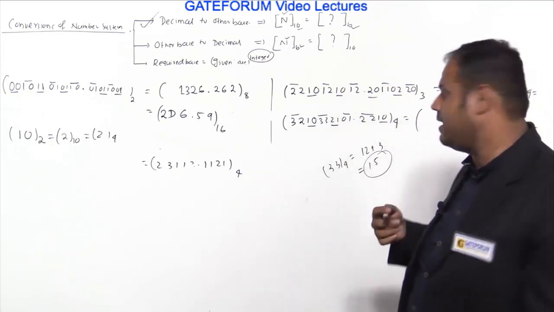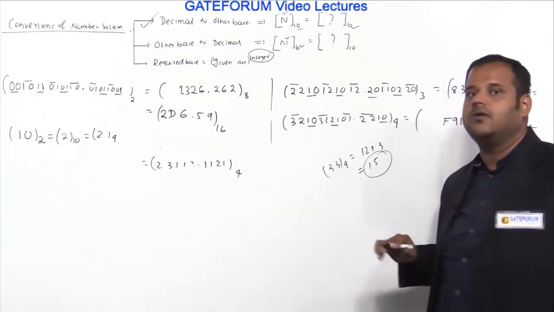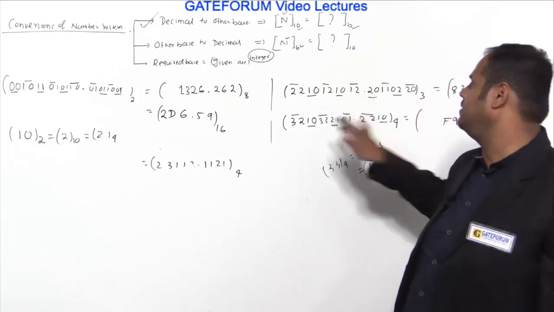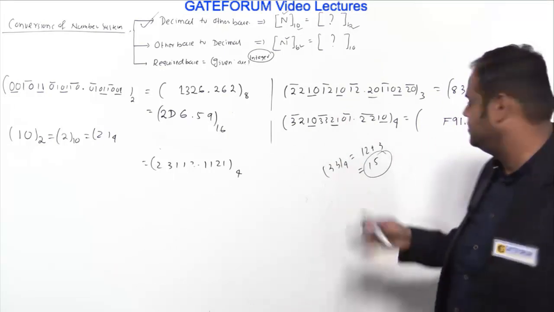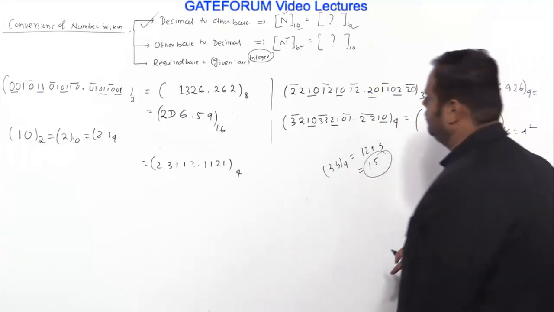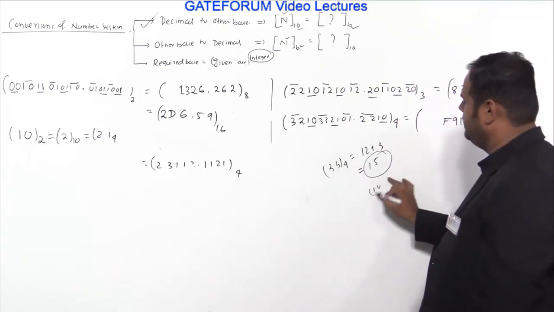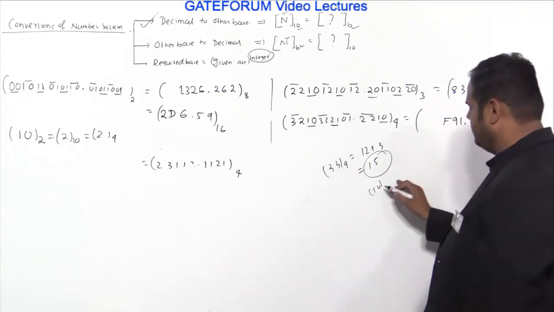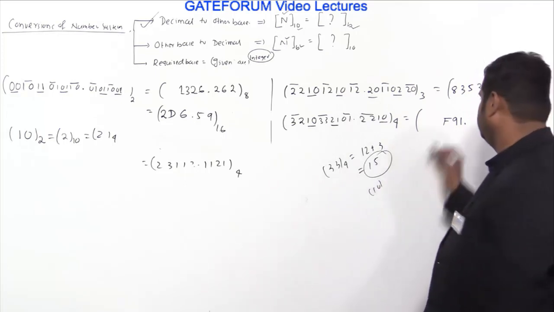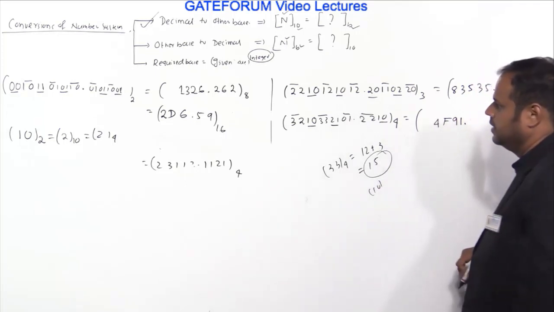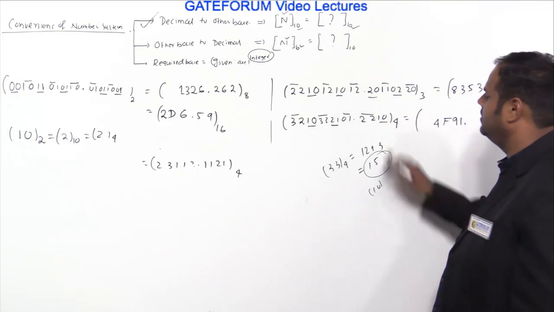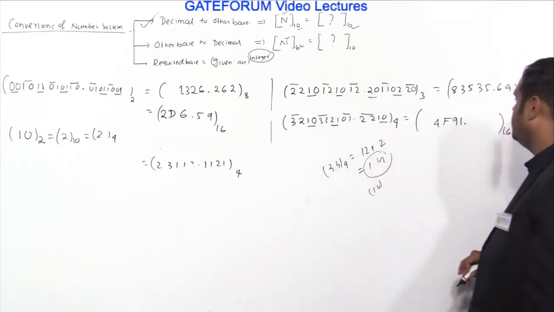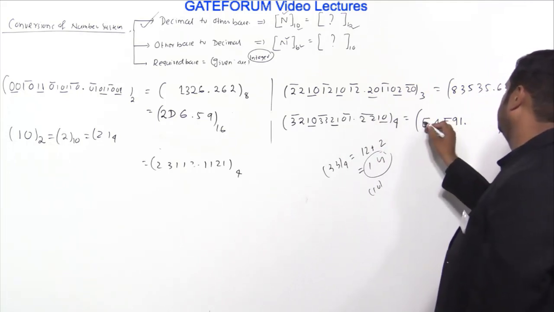Now some students ask, what will happen if I go beyond 15? You will not go beyond 15 because in base 4 the maximum digit is 3, so the maximum number you can get is 3 3. That is the maximum possibility. Then 1 0, what will happen for 1 0? 1 0 means 4 itself you will get, because 4 power 1 into 1 plus 0 into this, so this is 4. And then for 3 2, you will get 12 plus 2, so this will be 14. If it is 14, this will be E.